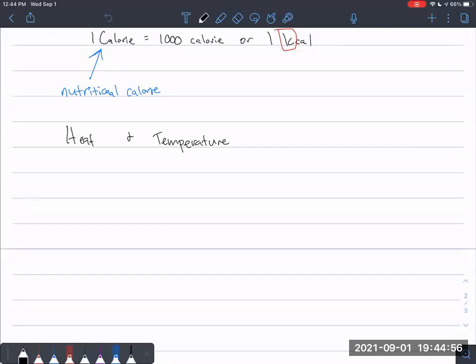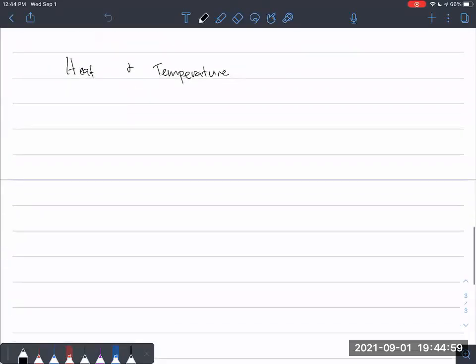And that's because water and iron have different properties, a different property referred to as the specific heat. Okay, this is the amount of heat either gained or lost